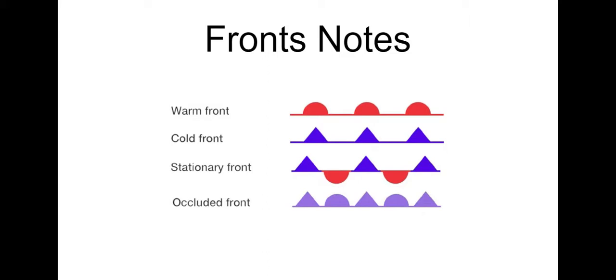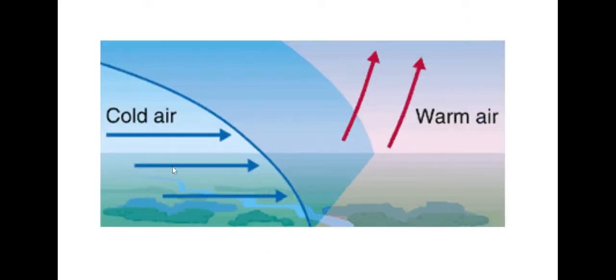So, here's the weird part: air masses, like, let me look at the next slide here, cold air meeting warm air. You would think since it's all air, it would mix easily, but the reality is it does not, because the cold air has a different density than warm air. It's kind of like oil and water have different densities, so they don't mix very easily. So what happens is the less dense fluid, in this case the warm air, gets shoved up. So along fronts, you always get this slanted shape as the warm air gets pushed up and over the cold